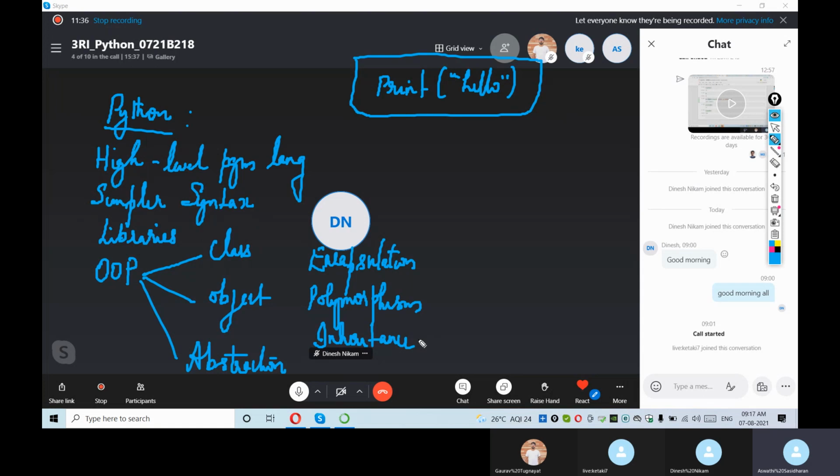In Python, since it's an object-oriented programming language, everything in Python is looked upon as an object. We'll see in-depth discussions about what a class is, what an object is, and how we say that everything in Python is an object. So these are the important characteristics to start with for Python: a high-level programming language, simpler syntax, libraries, and object-oriented programming features. Okay, now let's move on to the